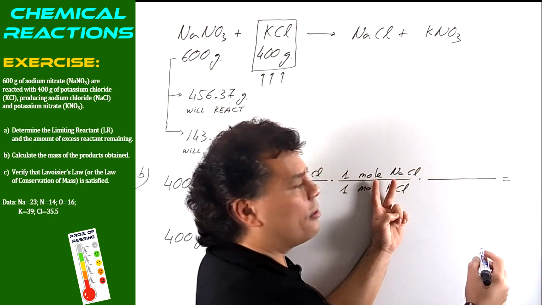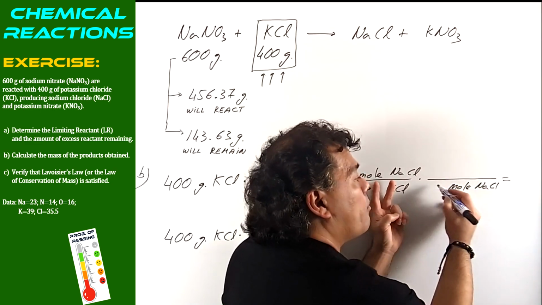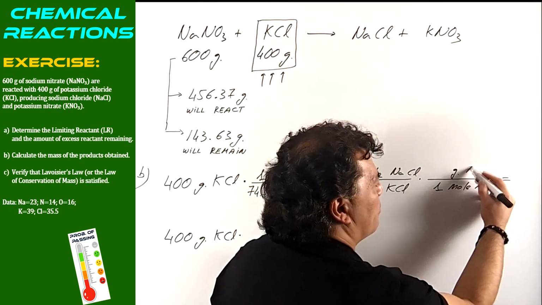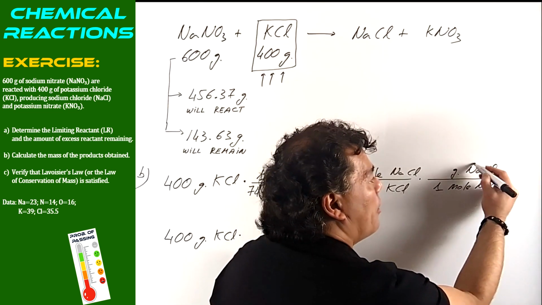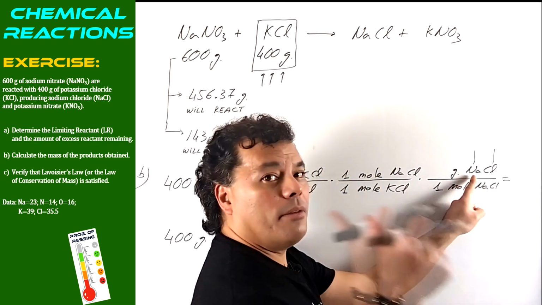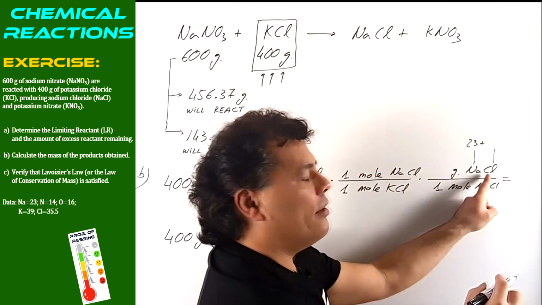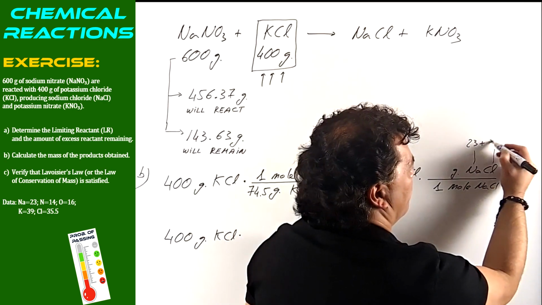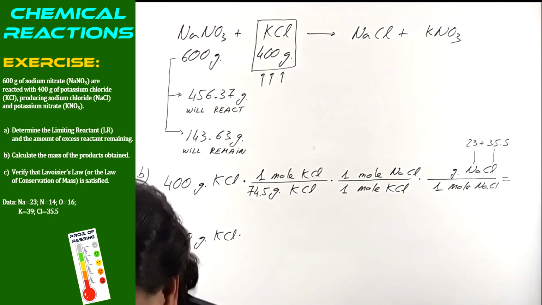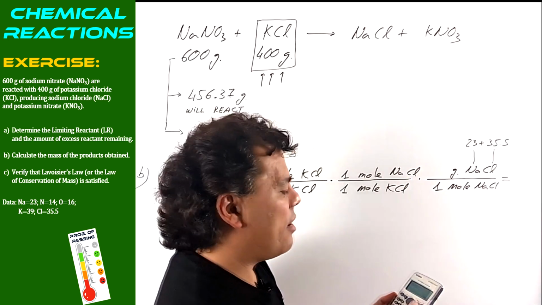And finally, we are moving from moles of sodium chloride, with 1 mole will be enough, to move into grams of sodium chloride. And now it's time to add the atomic masses of these atoms. Sodium, 23, as you can read from the statement. And chlorine, 35.5. Let's use our calculator, and we have 23 plus 35.5. It gives us